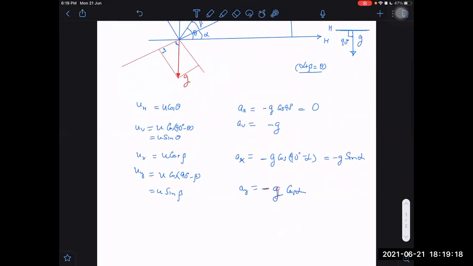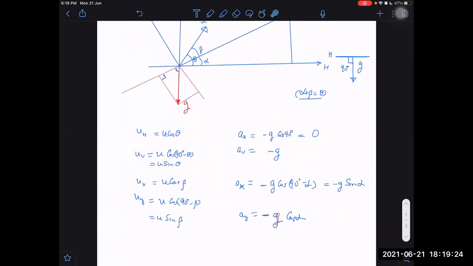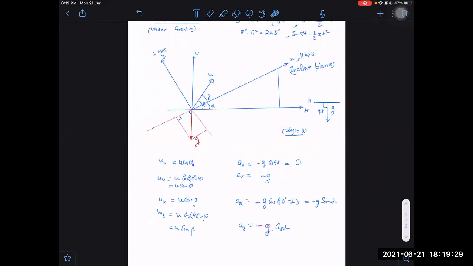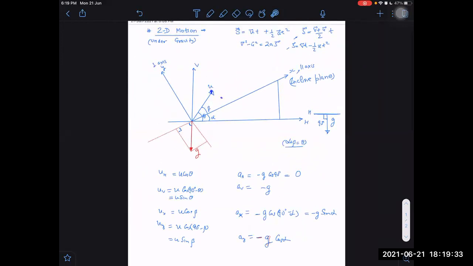Right. So I have taken nearly 5 minutes to just say what the components are, because I want to explain and things should be clear for you. But it should not take 5 minutes. If you are really very good at it, then you can do it almost instantaneously just by looking at it. If you ask me quickly, u cos beta, u sin beta for G. This is alpha here, so it is 90 minus alpha here. So obviously G sin alpha this side, G cos alpha this side, means it will become very fast.